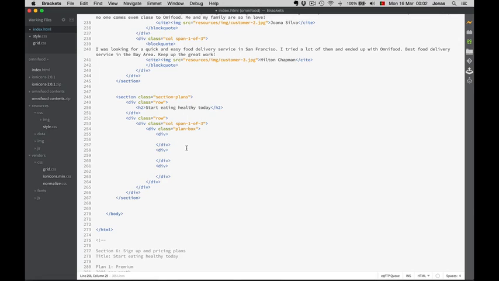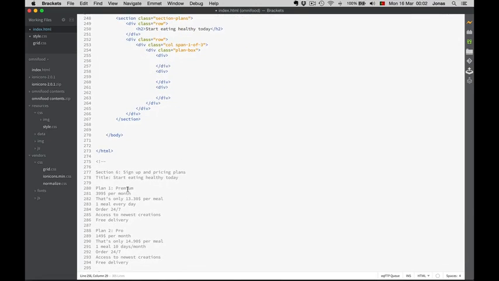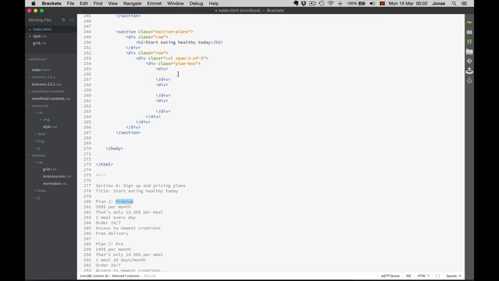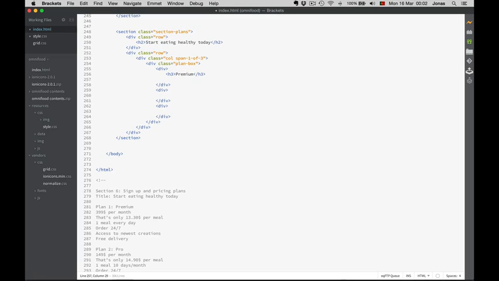So let me check the text here. So the first one is the premium. So let's copy this and let's reuse our H3 title. So this one is the premium. And now we need to put the price of $399 here. So I will make a paragraph with this and call this paragraph plan price. And in this case,